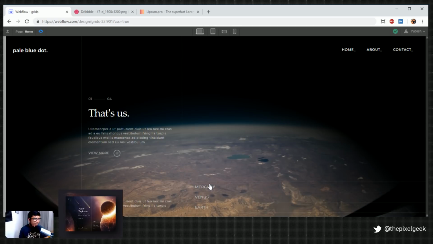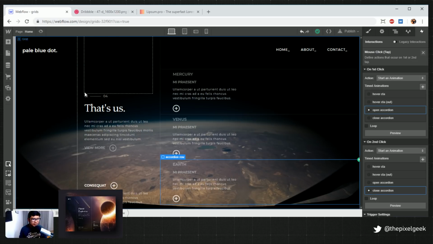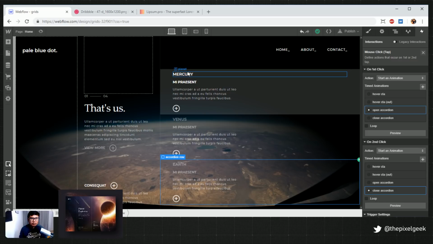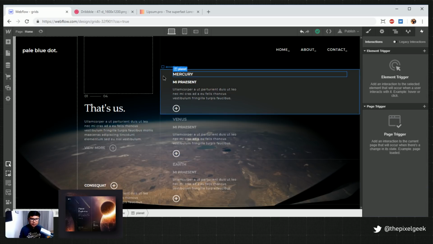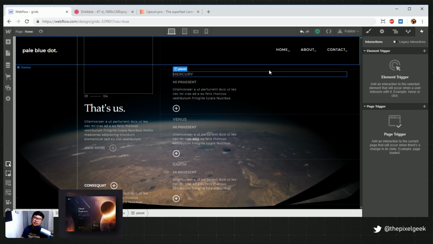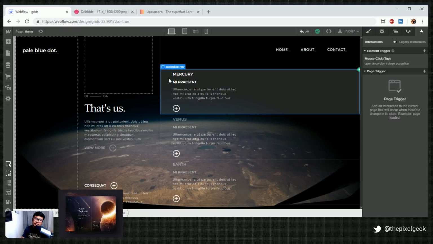Okay, so it half works. Set it to only children of this class. That's what I'm thinking too. I'm thinking if you click on the planet, then no, this is a child. Because I want to affect this.